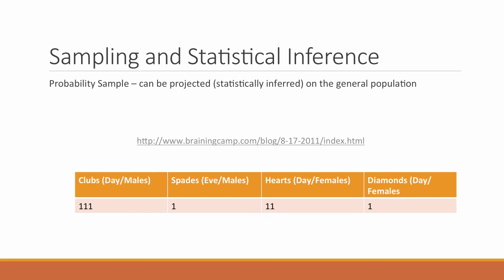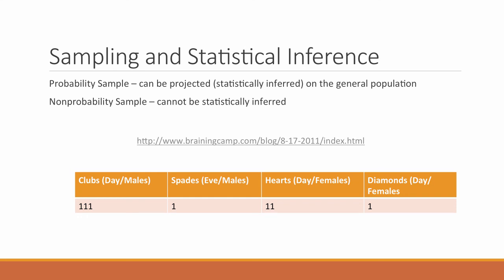And if you do that, you can statistically infer or project the results of your survey on the general population. If you do a non-probability sample, you cannot statistically infer the results of your sample onto the whole population. Still, non-probability samples are helpful because they give you some insight into the opinions and perspectives of